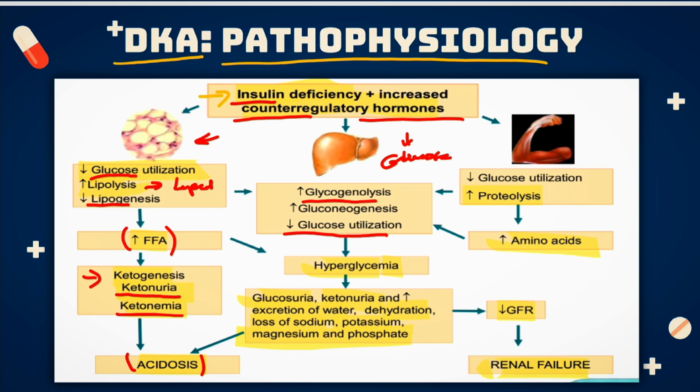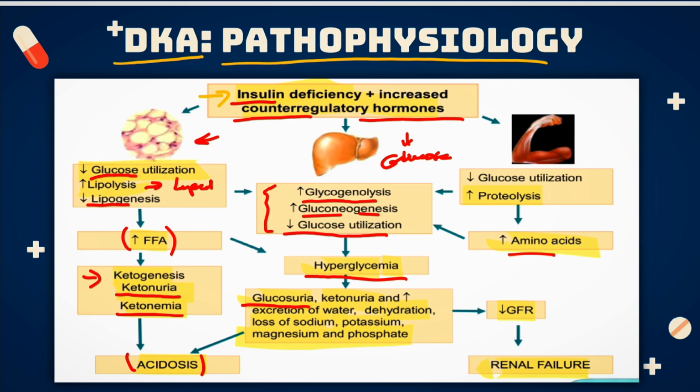Apart from that, there is increased gluconeogenesis. Gluconeogenesis is a condition where glucose is formed from amino acids or fatty acids or fats. Ultimately, all these three conditions cause an increase in the sugar level of the blood, which is known as hyperglycemia. If the glucose level increases in the blood, this glucose starts appearing in the urine, known as